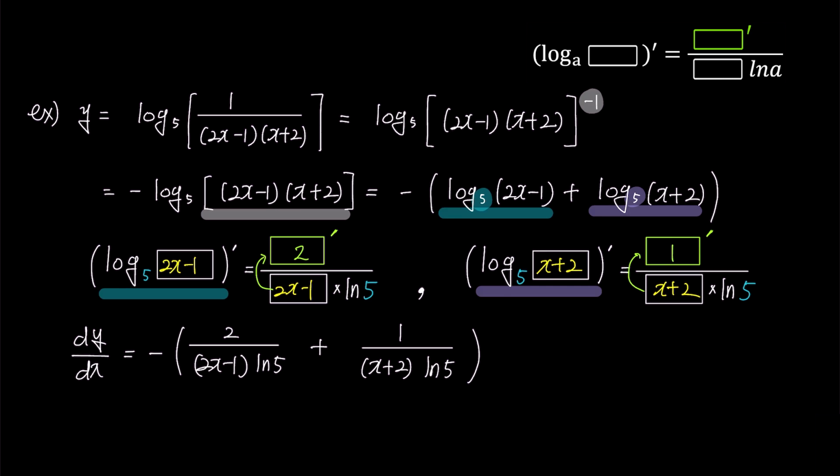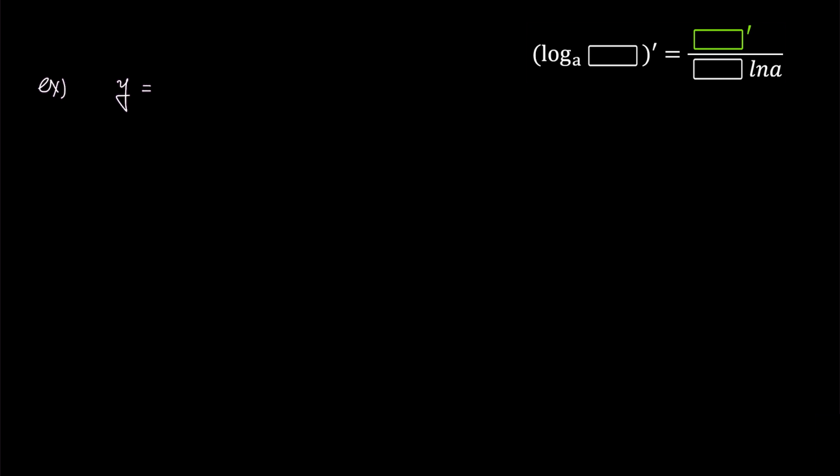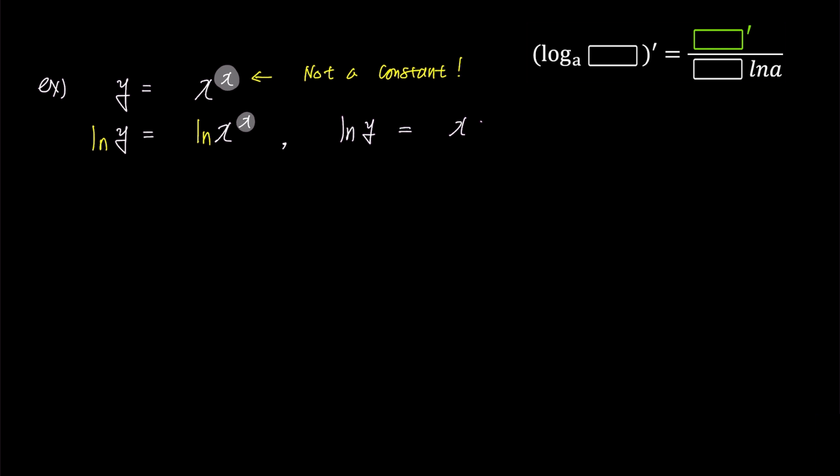In the last example, I will solve a more special problem. Let's differentiate y equals x to the power of x. Some students may attempt to differentiate it directly using the power rule, but since the exponent x is not a constant, we cannot differentiate it directly. What if we bring the exponent x down? Let's apply natural logarithm ln to both sides. The left side becomes ln y, and the right side becomes ln of x to the power of x. By utilizing the properties of logarithmic functions, we can bring the exponent x down.